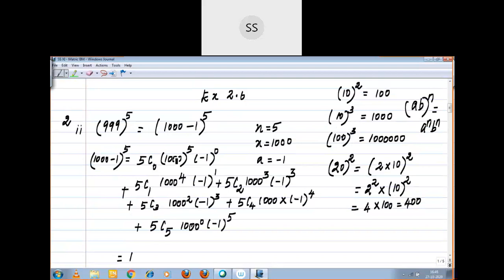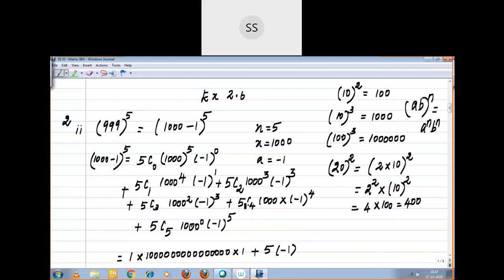I played with the numbers. Why I played? Now you can understand. Right, children? Now you see 5C0. nC0 value is 1. 1000 power 5. Here how many zeros are there? 3 zeros. Power is 5. 3 5s are 15. In the result, how many zeros you want to add? 15 zeros. Got it, children? 3, 4, 5, 6, 7, 8, 9, 10, 11, 12, 13, 14, 15. Anything raised to 0, the value becomes 1, plus nC1 equal to n.